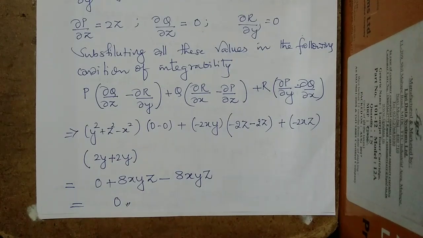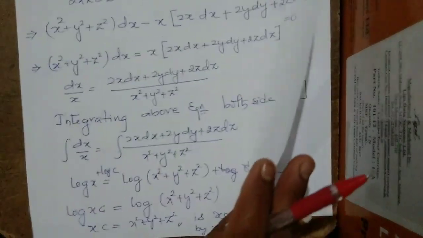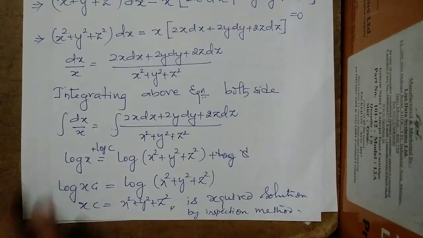Now we have to move towards the solution of the given differential equation by the method of grouping, the inspection method. Now we have to follow the second step, that we have to arrange the given total differential equation into some standard differentials, then we can find the solution of that. So the first condition is satisfied.